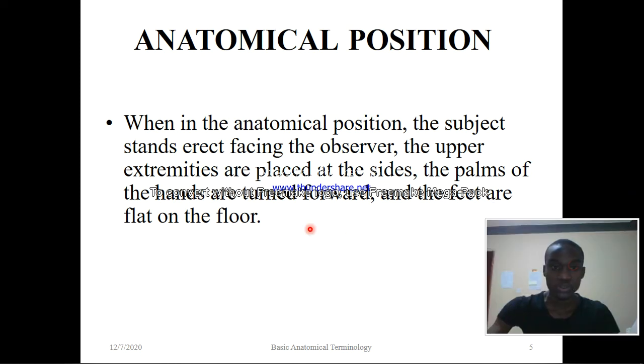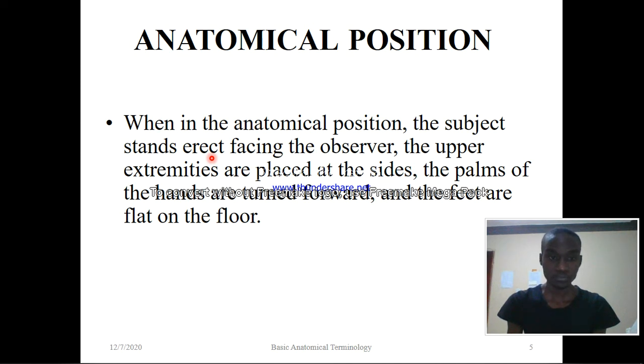So the anatomical position: in positioning the body, we set the subject, the human individual, to stand erect, or what we call straight. So someone will stand straight. Then you face the observer,